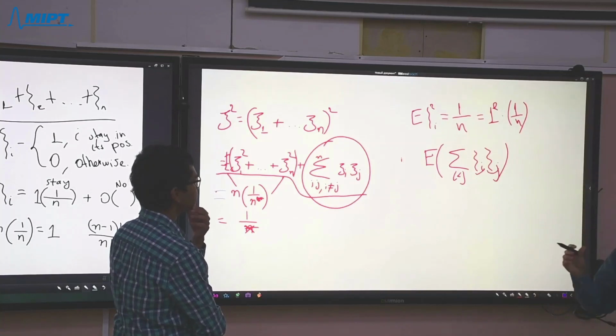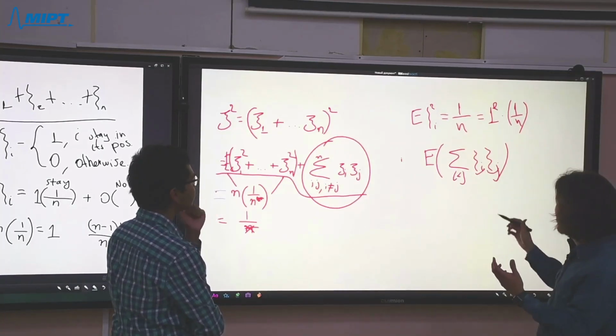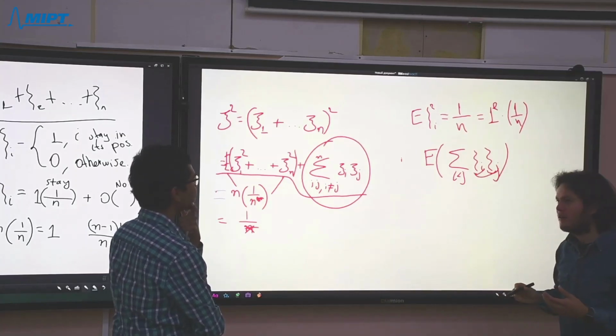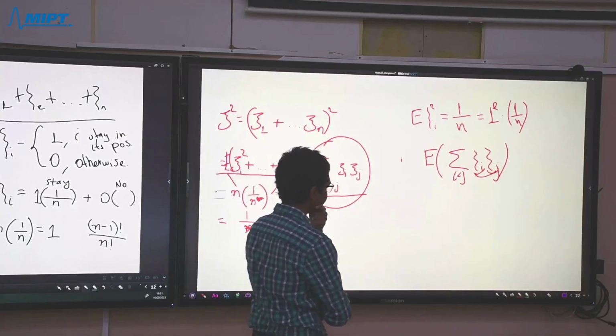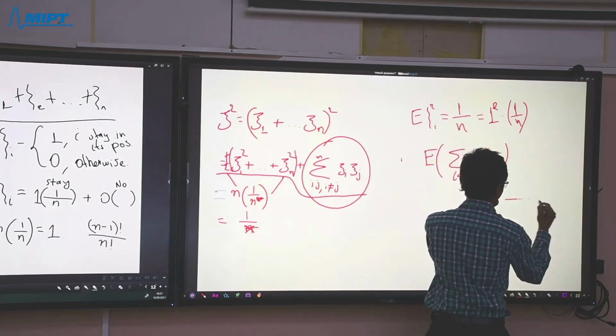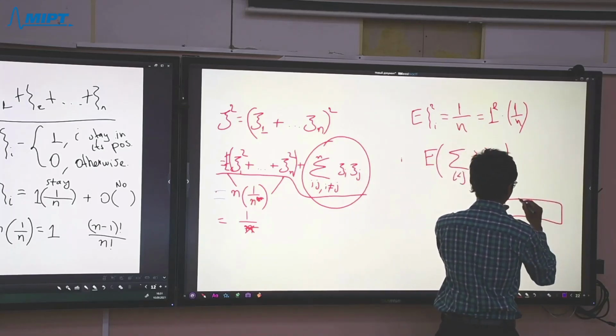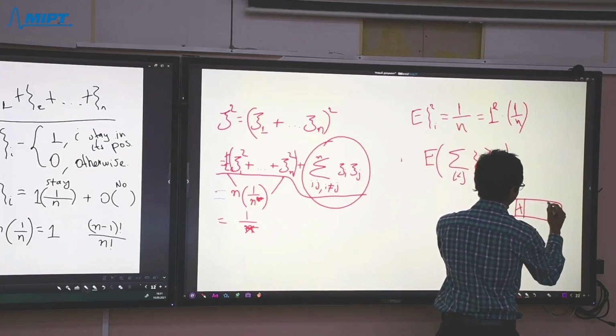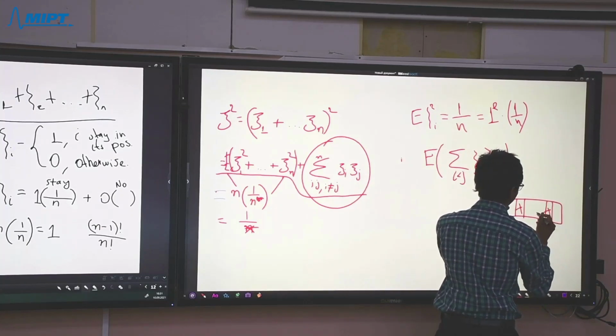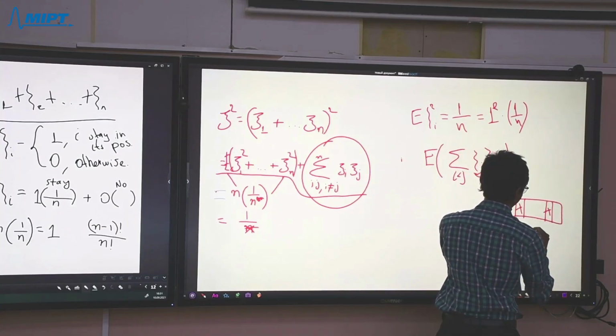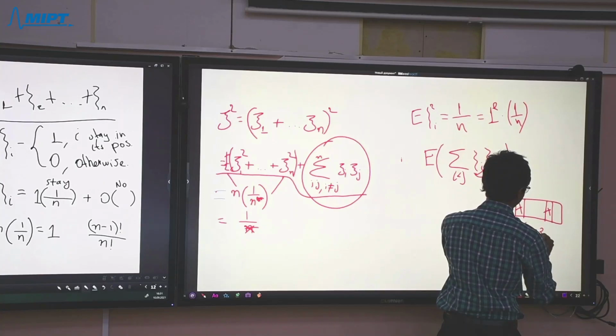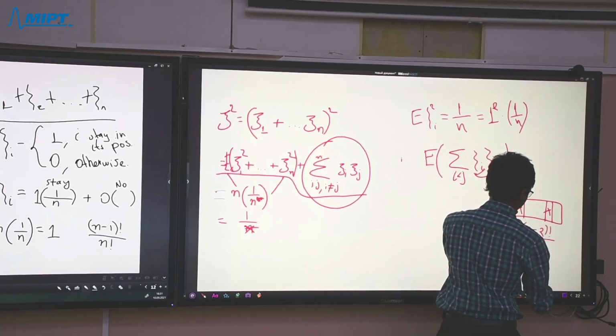What are the possible values for each of them? 1 and 0. In which case do they both equal 1? That will be when both of them fall in the correct place. Yes, exactly. The probability is n minus 2 factorial divided by n factorial, which is equal to 1 by